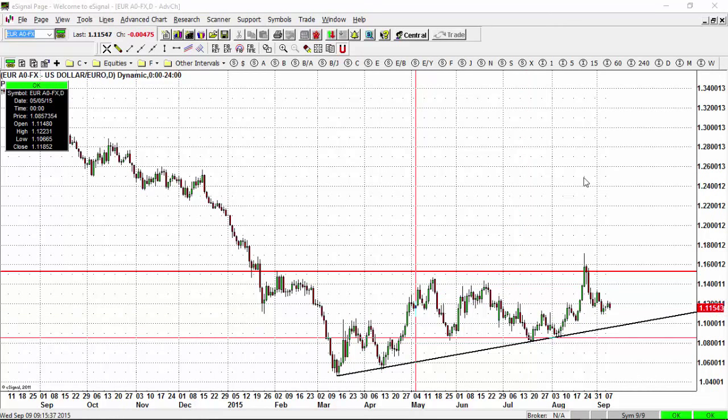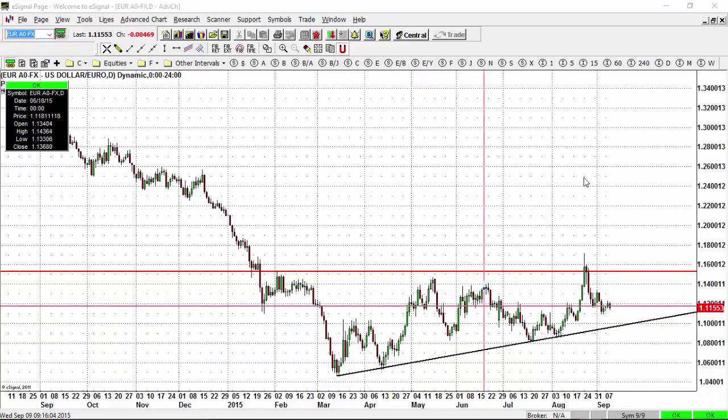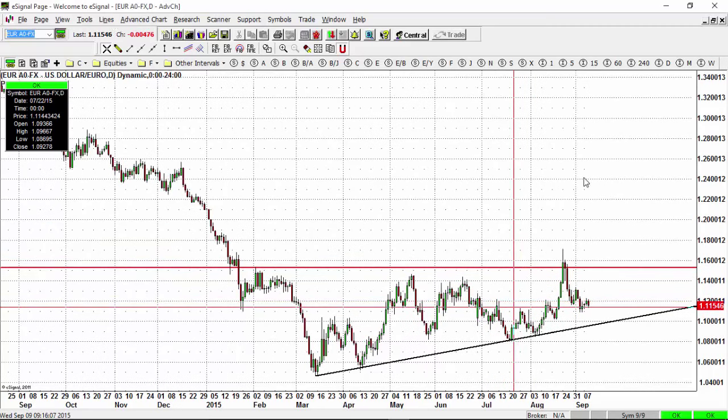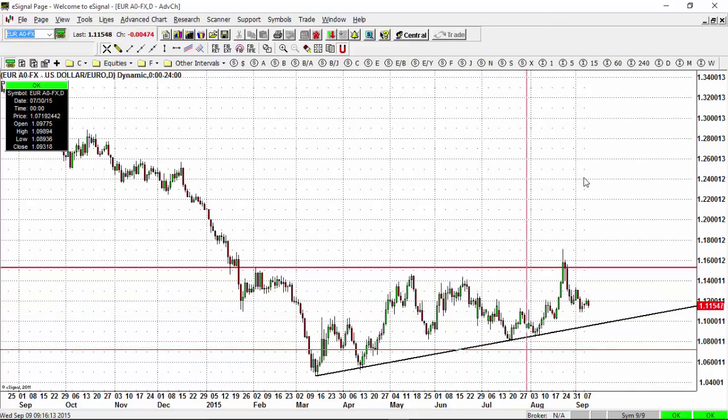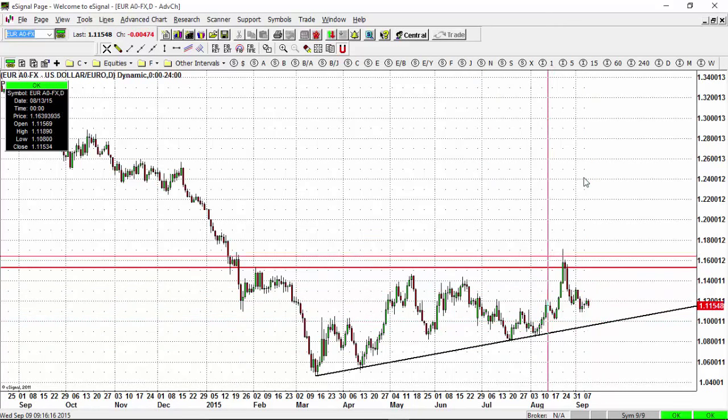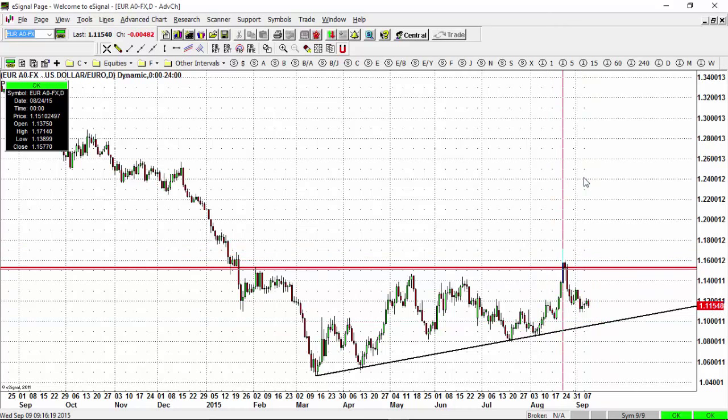Now, normally when you have the euro going to sleep, the action is normally in the crosses, for example, British pound franc, British pound Australian dollar, British pound yen, New Zealand yen, etc. So that's why if you're a swing and position trader, it's good to look at other currency pairs, because if you're a position trader and you're trying to get some trends out of a market that is just moving sideways, you will pull your hair out. Okay, so support in the euro is at 110, where this trend line crosses, and resistance is up in this 116 area,